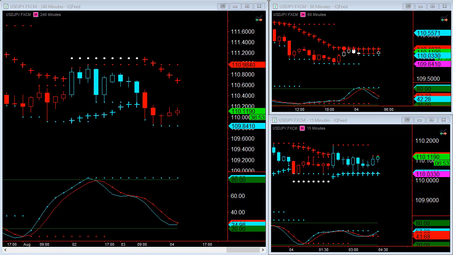On the USDJPY, on the higher time frame, you can see that we have made a lower low, but we're making higher lows on the stochastics. So that tells me it should push back up to here or somewhere around this level. When I go over and look at the 60-minute,